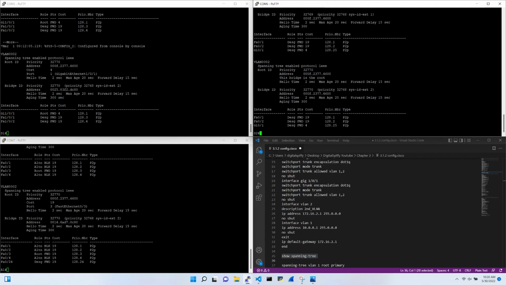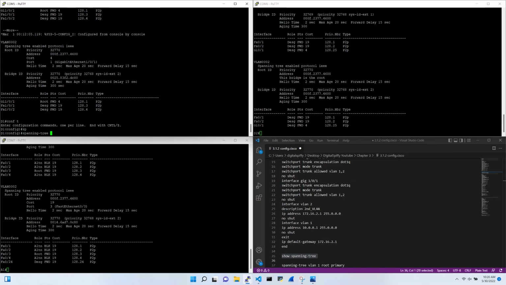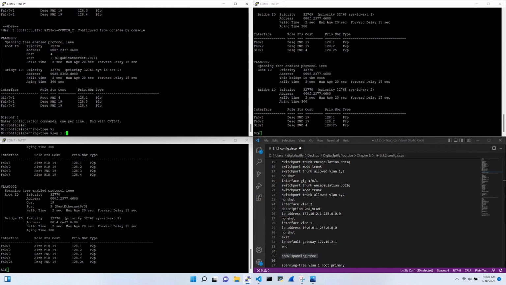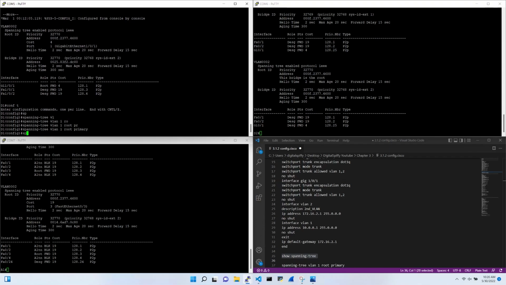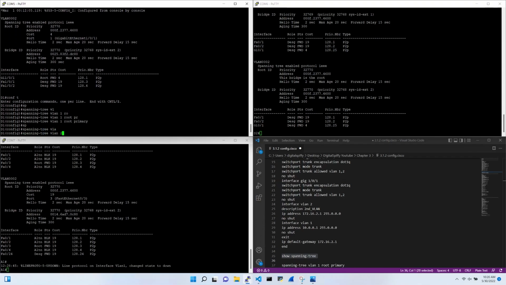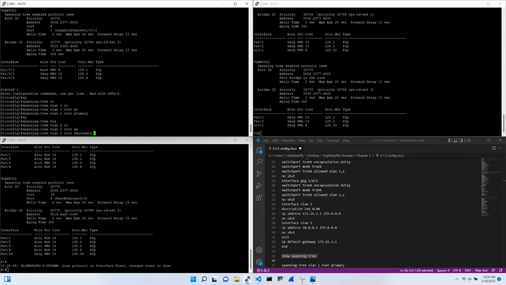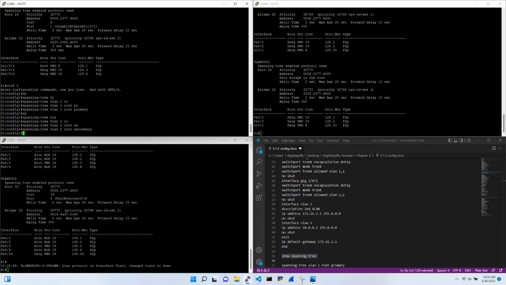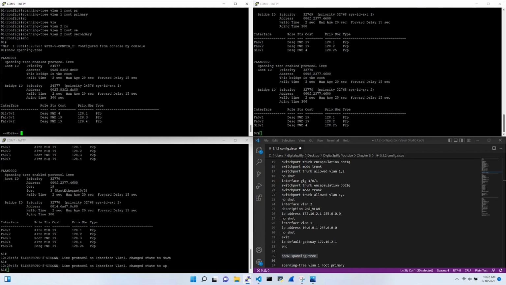We can tune this by modifying the priority on the switches. On D1, we will use the commands spanning-tree vlan 1 root primary, spanning-tree vlan 2 root secondary. With this command, the priority is automatically set. The primary option sets the priority to